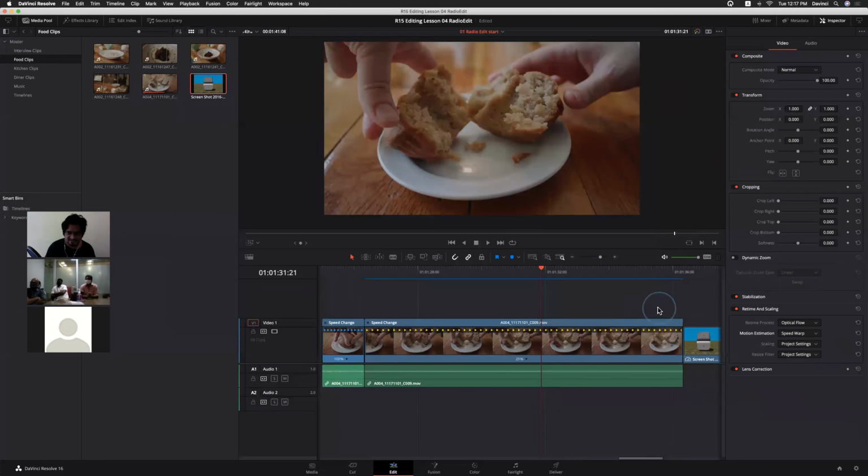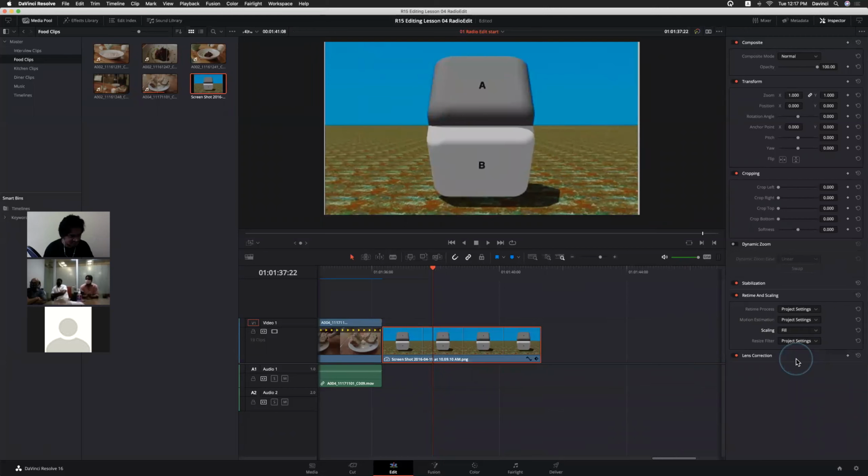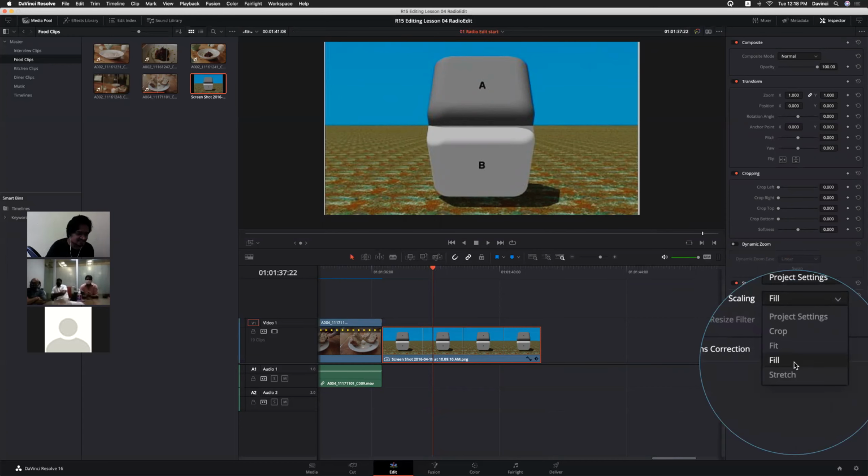Now I'm just adding it. Select crop, but we don't need to crop the clip. By default, it will fit, and when I click fill, it will automatically fill the canvas, right? But when we use crop, if you have a higher resolution image or clip, it will automatically crop those things. But the crop and fill are pretty much the same for the higher resolution, right?